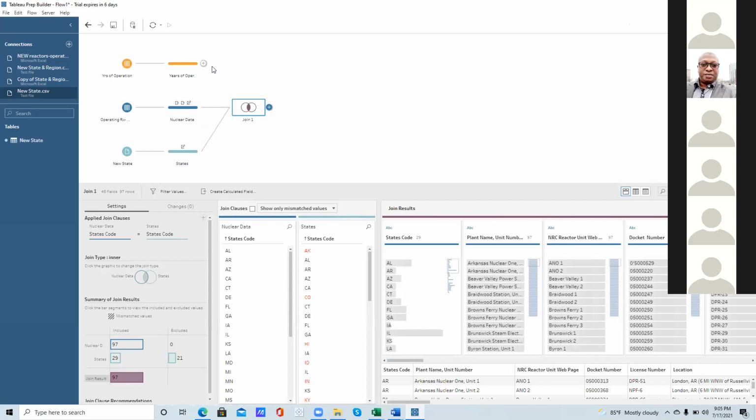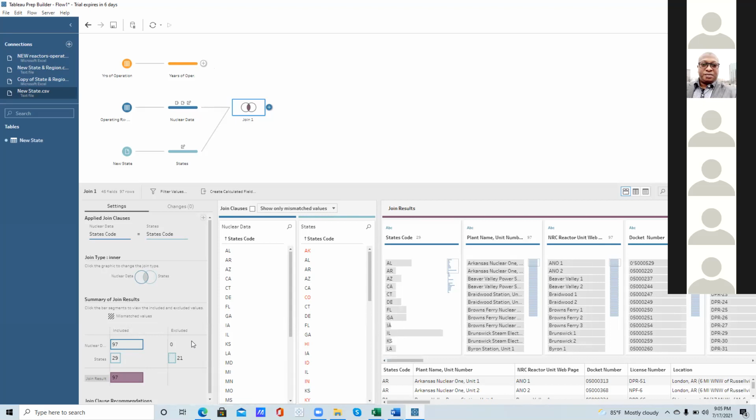Okay, so this is what Lucky was talking about yesterday. So we have joined, this is an inner join, but just to be safe, look at the left side. You will see we have included 97 on the right here, nuclear and 29 states, whereas it's excluding about 21. I'm sorry that I'm not sure if you're able to answer this, but I was kind of lost right here. Why is it excluding 21 of those?